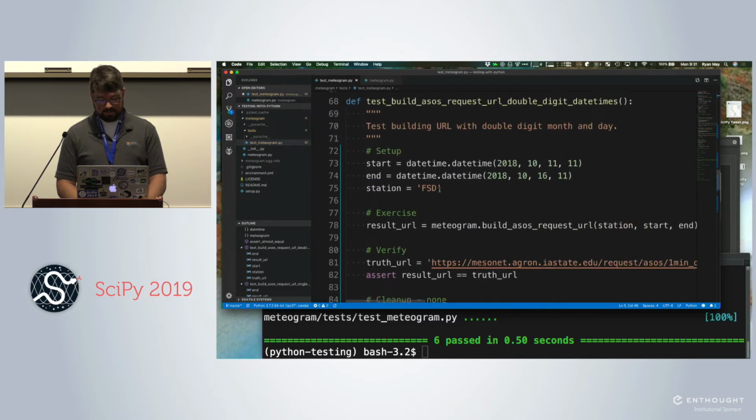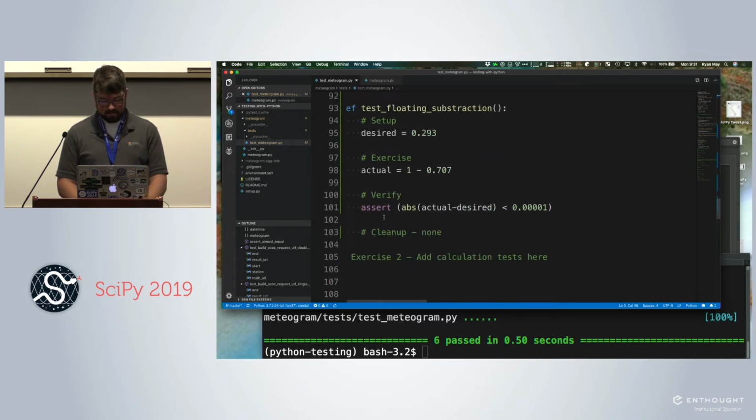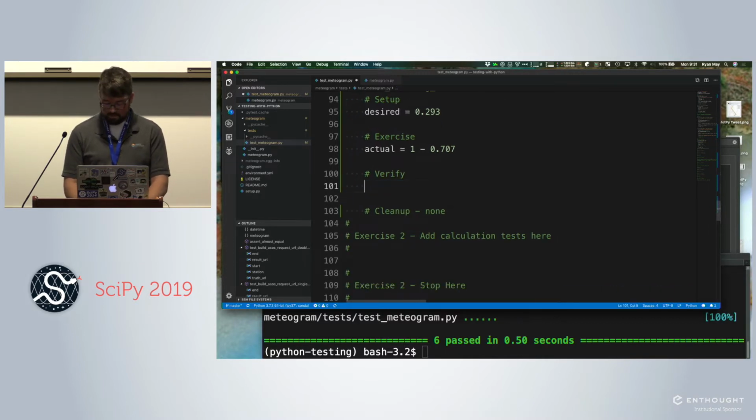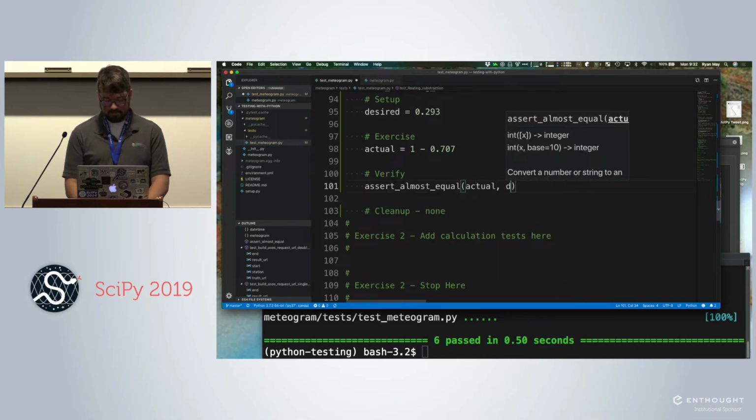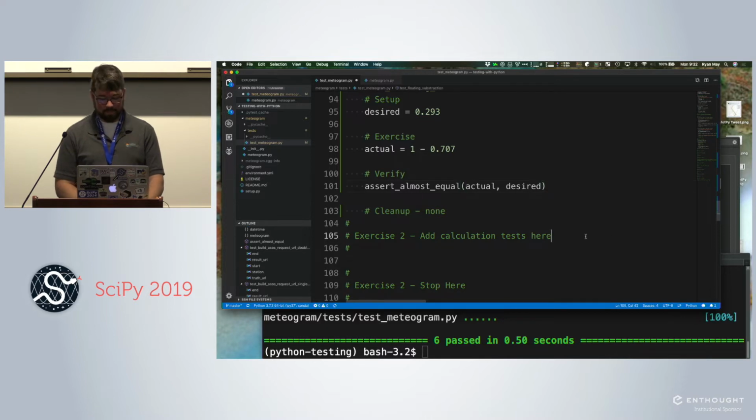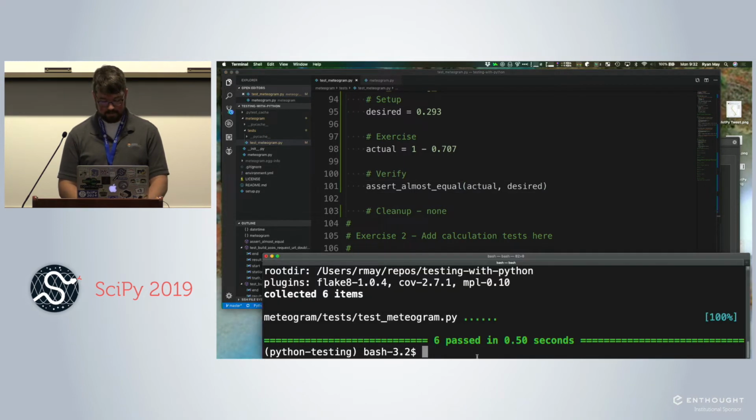So now we go back to our test. And we can get rid of this big mess and just replace it with assert almost equal, actual, and desired. If you wanted to specify, I only care about it to 2 places after the decimal, you can use this optional argument. Now if I run the tests, everything passes. It's clear what's happening there because it has a descriptive function name. Are these 2 things almost equal because we're doing things with floating point numbers?